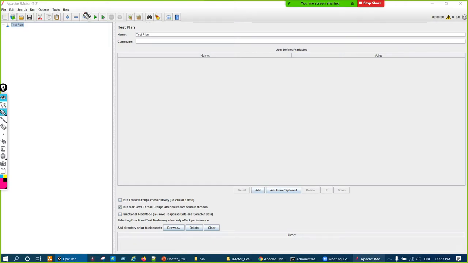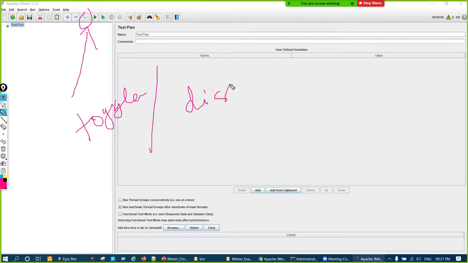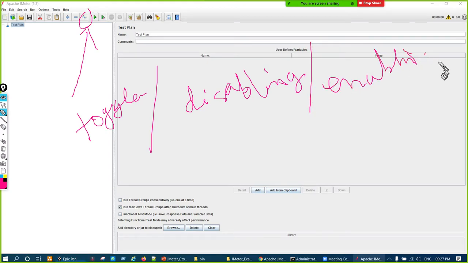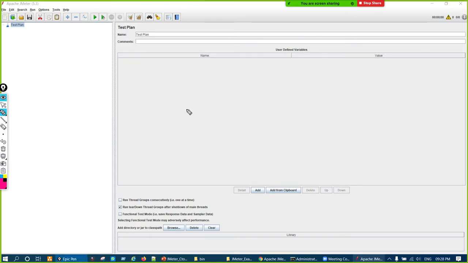Then this is toggle. This is known as toggle. Toggle means we can call it disabling or enabling. Any element if you want to disable or enable, then we use this toggle. Now suppose we all have done some programming somewhere, right? So in a programming language, if you have to comment a line, then what we do, we give a double slash, and the whole code will be commented out. So same thing, same pattern here.